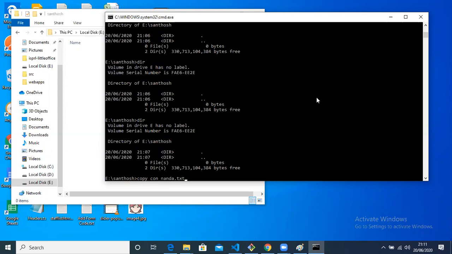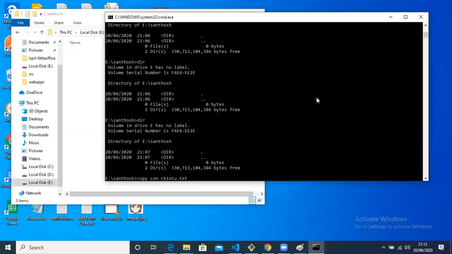In Windows, when you selected the text document, it automatically took the .txt extension. You only gave the file name. But in command prompt, you have to give the file name as well as the extension. You are getting it? So the file name is this one, NANDA, whatever the name, like Chinto. Chinto is a file name. Dot, and you need to give the extension also, txt. Currently our extension is txt. Txt means text document. A text document extension always comes as txt.